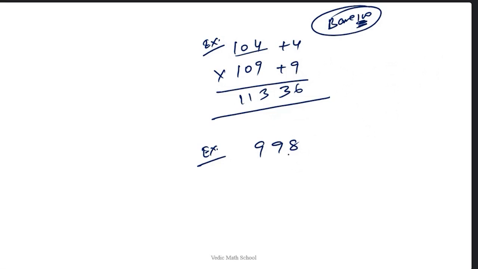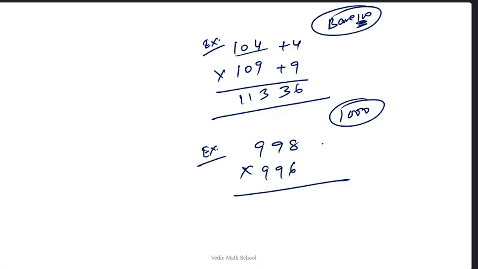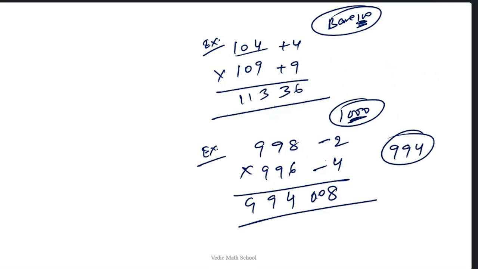Yeah, got it. So now look at this, 998 and 996. This is the number, and you are going to multiply with base 1000. So minus 2, minus 4, and minus 2 times minus 4 is 8, right? Now 8 has no carry. Still you can take 0 if you don't want to multiply, but 2 zeros we are going to stop it. So 998 minus 4 is 994, and 2 zeros multiplied will be 99400... so the answer is 994008.